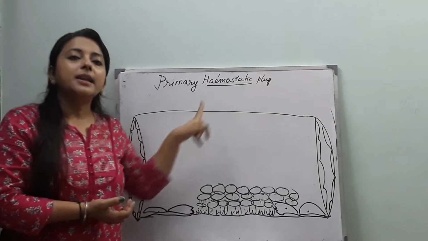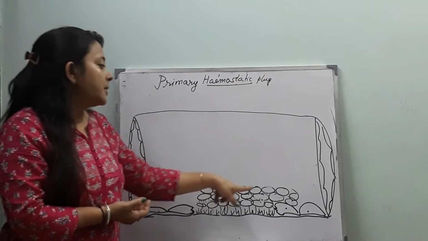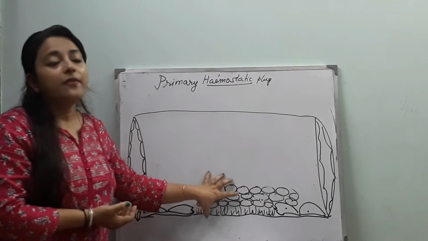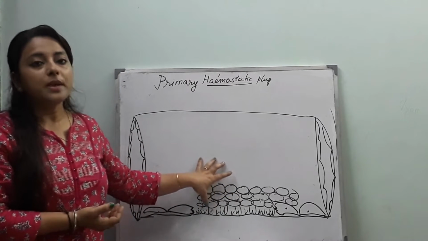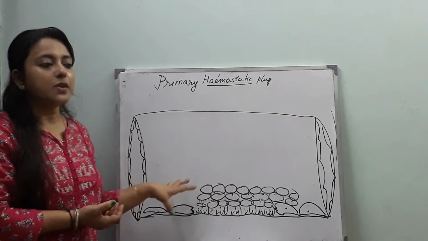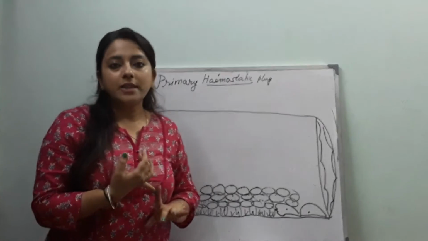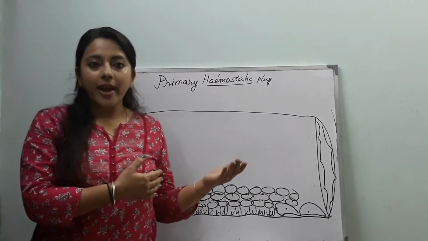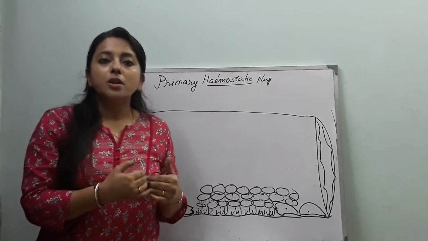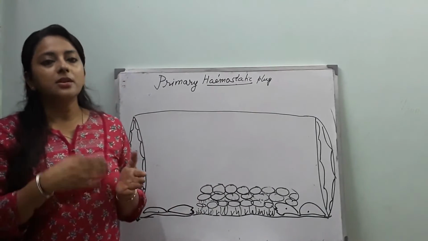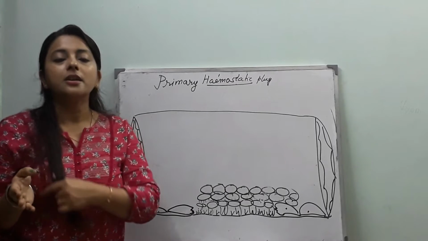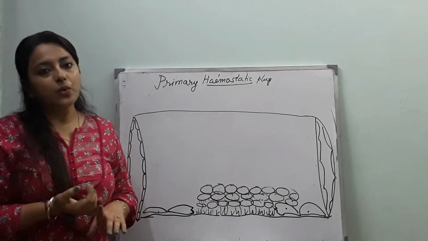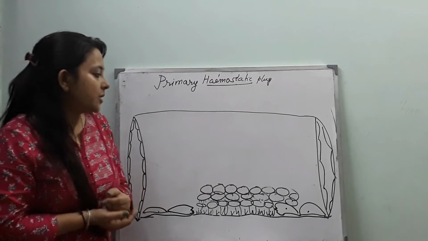In the formation of the primary platelet plug, calcium and vitamin K also play a very important role, because calcium activates the coagulation factors to activate the other factors, and vitamin K also activates the factors to activate another factor for coagulation. In this way, calcium and vitamin K perform their role for coagulation and platelet aggregation.